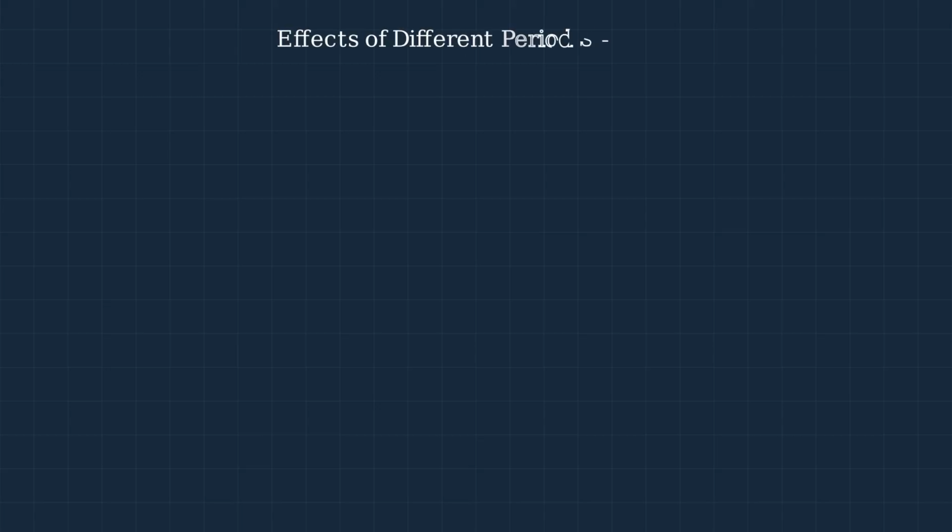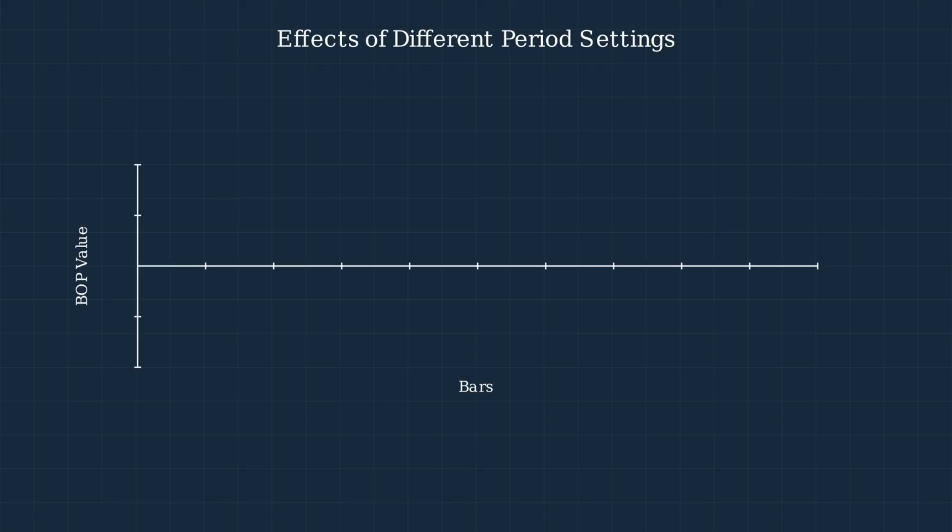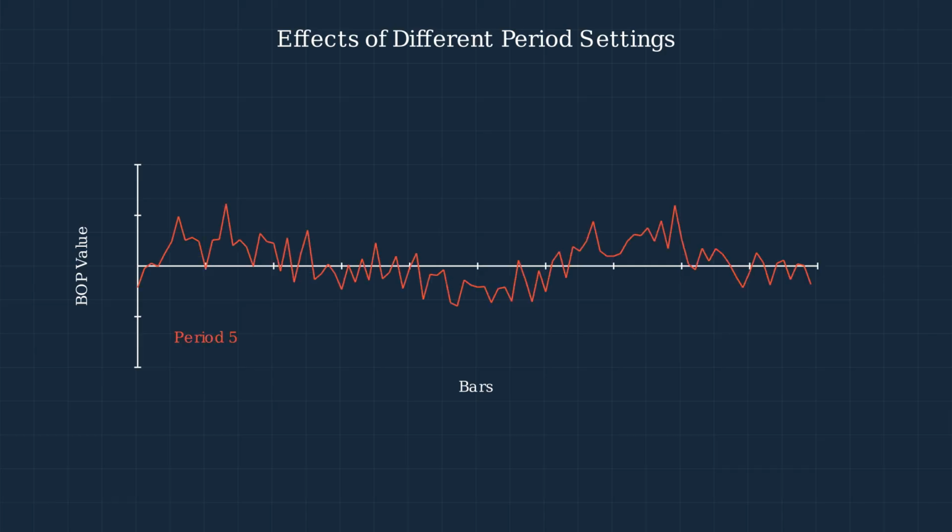Traders can adjust the period setting of the BOP indicator to suit different market conditions and trading styles. A shorter period, like 5, makes the indicator more responsive to recent price changes, but also more volatile with more potential false signals. The default period of 14 provides a balance between responsiveness and reliability. A longer period, like 30, creates a smoother line with fewer false signals, but it may be slower to respond